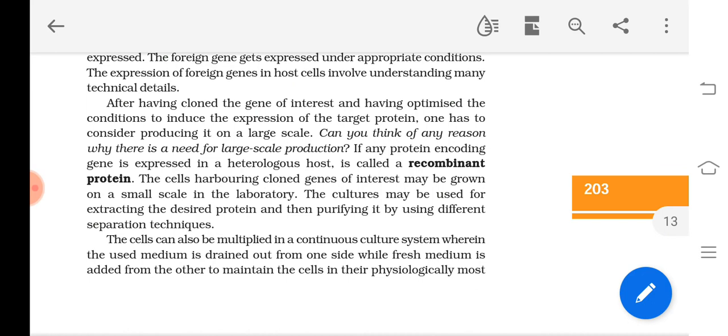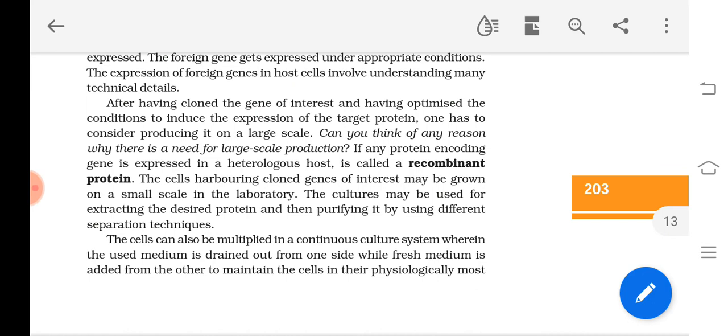So for example, if a person is tall, and if the tallness is controlled by genes, how are they controlling this phenotype directly? Because they produce what? More growth hormones. The genes produce more growth hormones. Okay, so the products of a recombinant gene, any protein-encoding gene expressed in a heterologous host. Heterologous means what? If it contains some other genes in addition to its original genome. Okay, heterologous host, then that product is called recombinant protein.